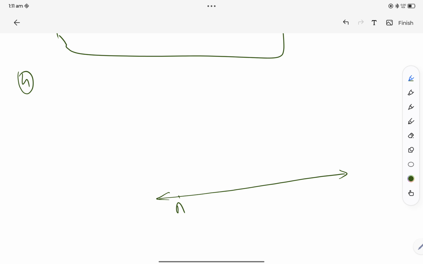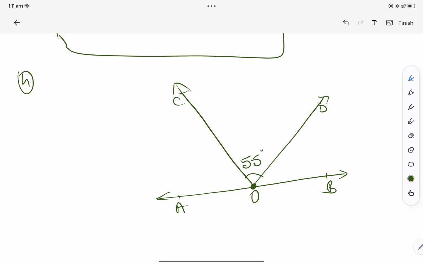Suppose this line to be AB, and there is a point O on this line, and two rays OC and OD stand on this line at point O, and we have this angle measuring 55 degrees,